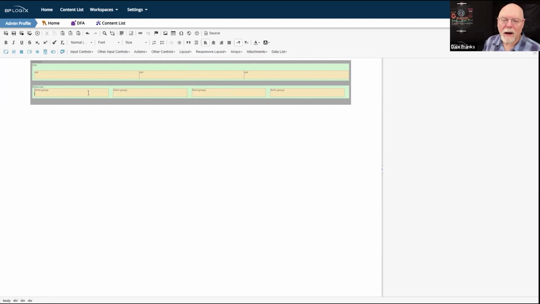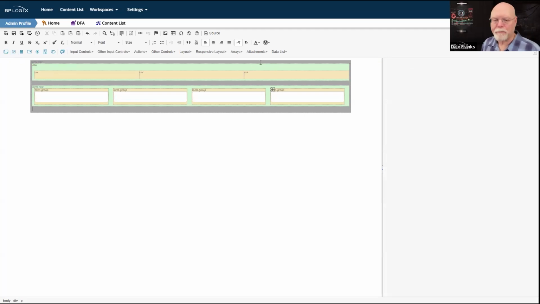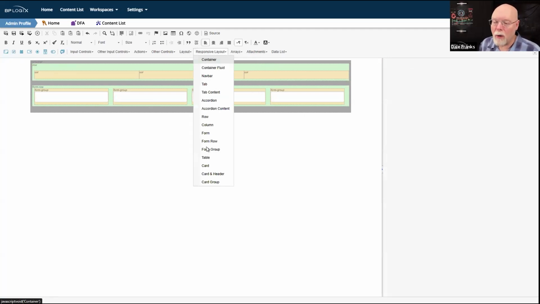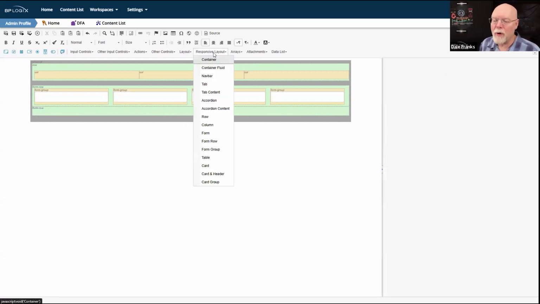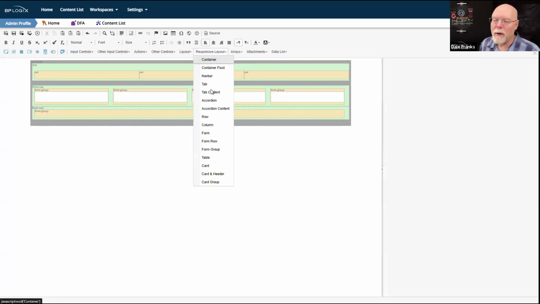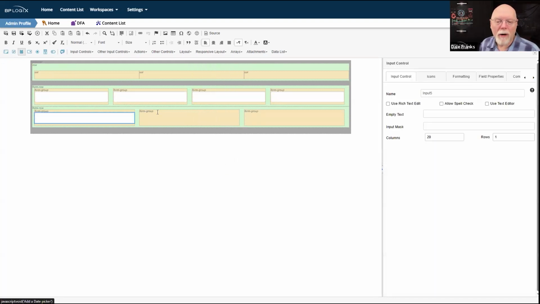Great. And then let's just drop in some controls in each of these form groups. I'm not even going to worry about labels or anything like that in the interest of time. We're just doing a quick demo of responsive layout. And so we'll go down to the next row and we'll just drop in one more row. So we'll drop in one more form row and then we'll go inside that form row and then we'll drop in form group, and form group. And we'll drop in a couple more controls into each form group.